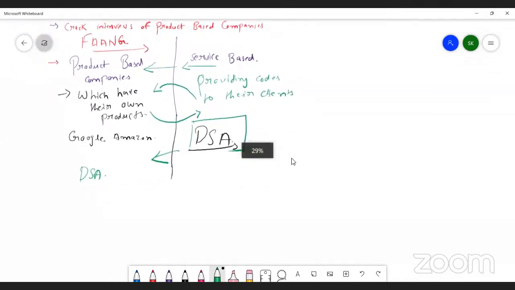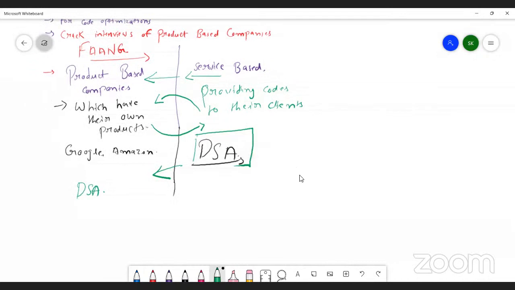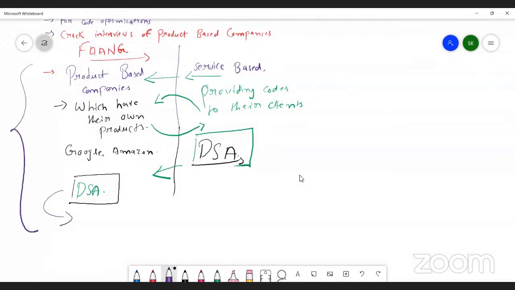Is it clear, guys? DSA is a mandatory thing in product based companies. And since you told me that the FANG group and many more big companies belong to this particular category, in which most of you want to go, here we are learning DSA to crack the interviews for the product based companies. Now, does it make sense to all of you? Like why this course is so important for you all?